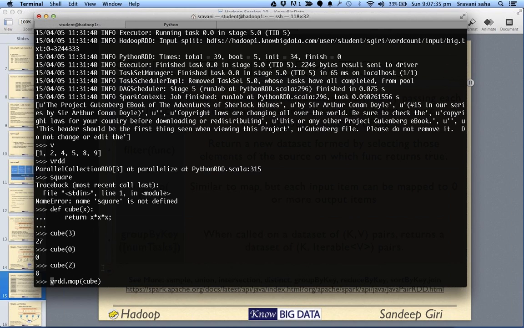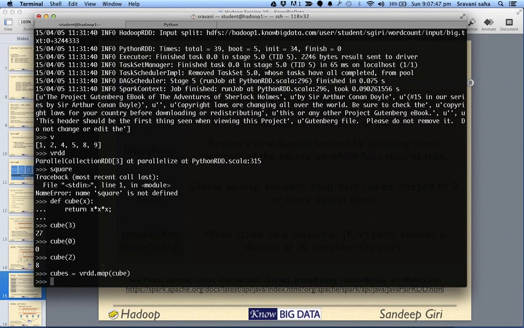Let's call the result cubes. Cubes is another RDD being generated as part of this operation, and you should notice that when we executed it, it did not take any time, meaning nothing has happened so far.